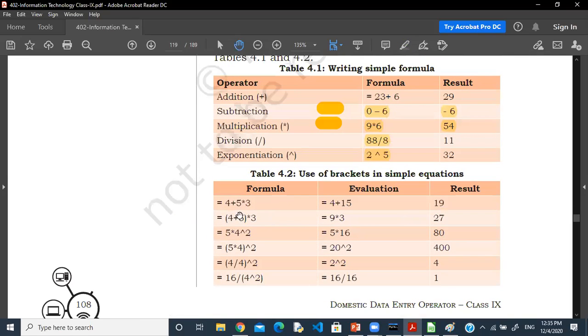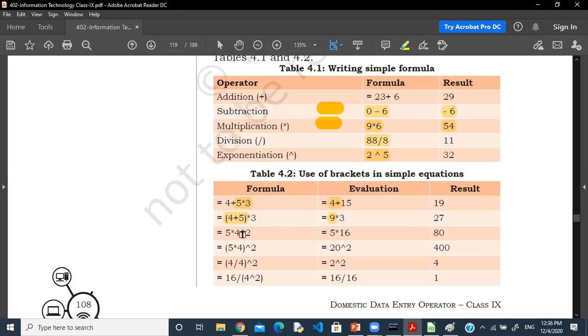Okay. Use of the brackets. We can use the brackets to increase the precedence if you want. Normally, what happens in this case? If you write 4 plus 5 multiply 3, according to BODMAS, first it needs to do the multiplication. So 5 3s are 15, and then it's going to add 4. So we are getting 19 here. But what happens if I put the parenthesis, a small bracket, here? Then first it's going to add 5 plus 4, 9, and then it's going to multiply: 9 3s are 27.